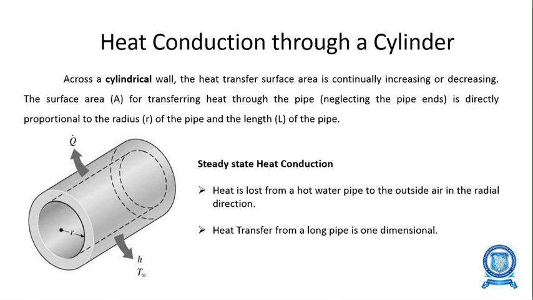Considering a hollow cylinder as shown in the diagram, of inner radius r1 and outer radius r2, the temperature at the inside surface is T1 and at the outside surface is T2. The thermal conductivity of the specific material is K. By considering a small elemental area of thickness dr and using Fourier's law of conduction, we derive the conduction heat transfer through a hollow cylinder.